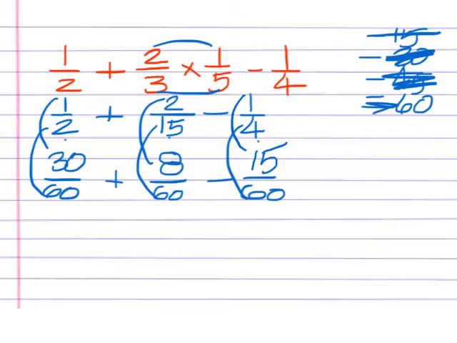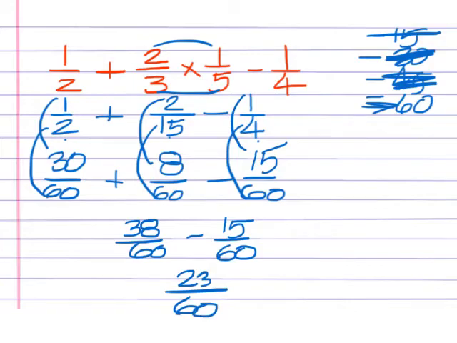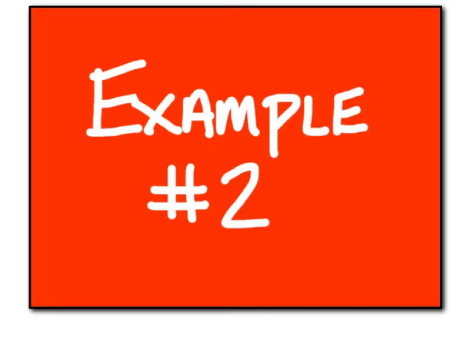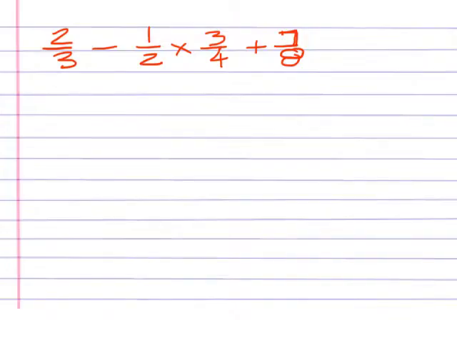Then go through and do what it says to do. 30 plus 8 is 38. And then you have to take away 15. Leaves you with 23 over 60. Example number 2. Start in the middle, keep your 2/3, and you'll have 3 over 8 in the middle, and